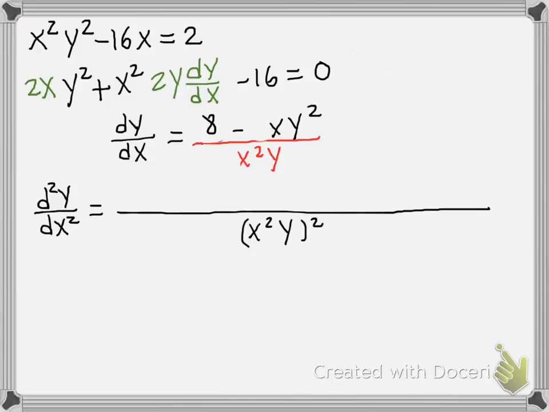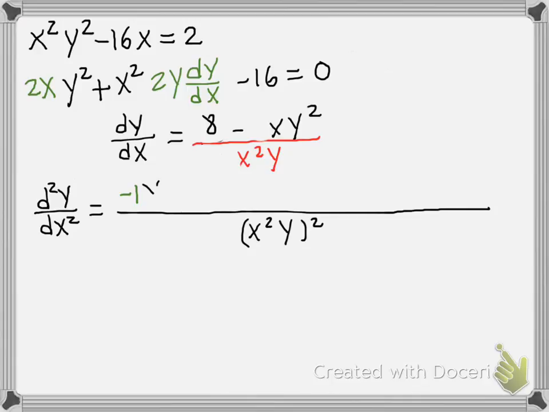For the numerator, first we get 8 minus x times y squared, and we take the derivative. So we get, well, derivative of 8 is 0. Derivative of x times y squared, we apply the product rule again. So we get negative 1